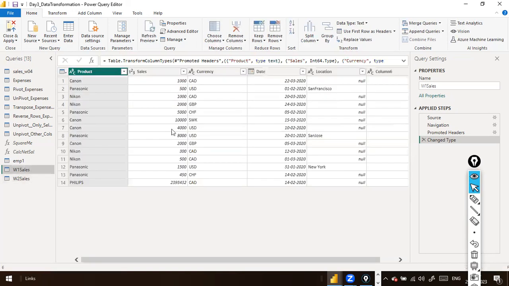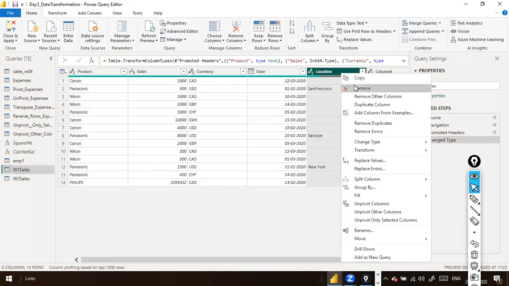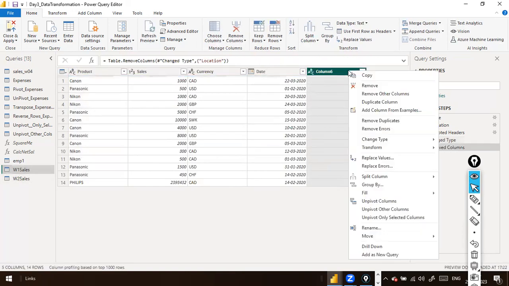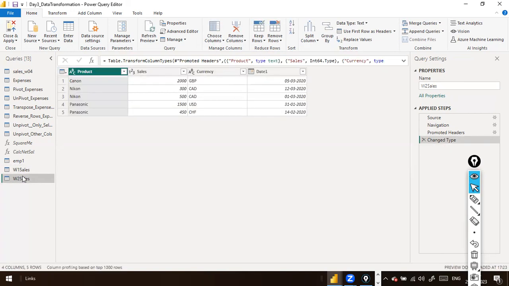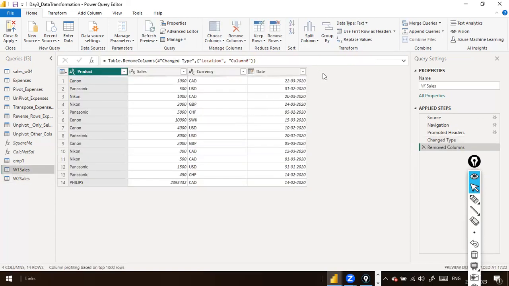So what I will do is I'll just go to the week 1 sales. I'm going to remove these 2 columns, location and column 6. Okay. So product, sales, currency, date, and here product, sales, currency, date 1. And it will still work if you try to combine this. The problem with this one is, I wouldn't say problem, but it will create an additional column by the name